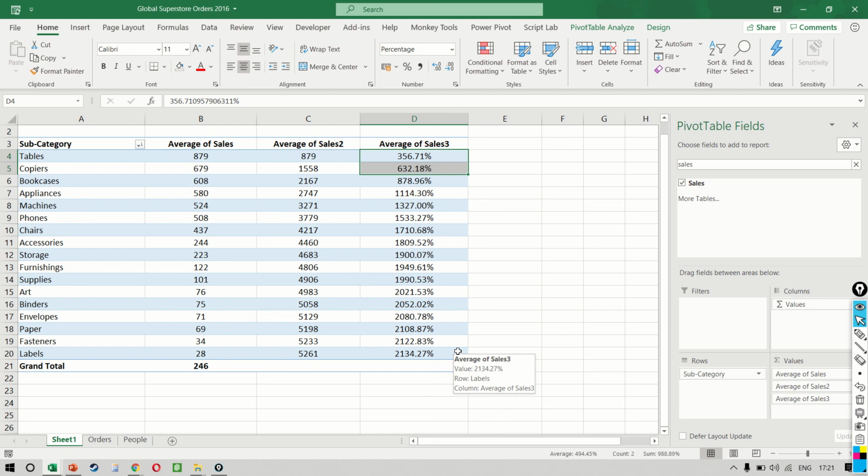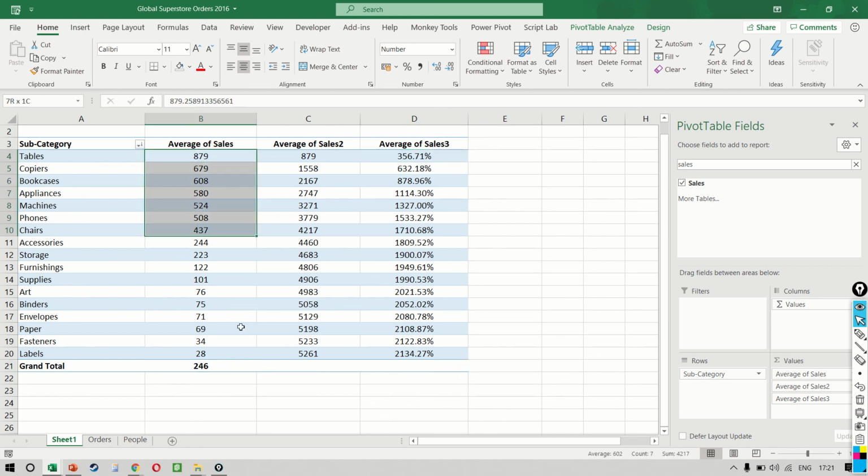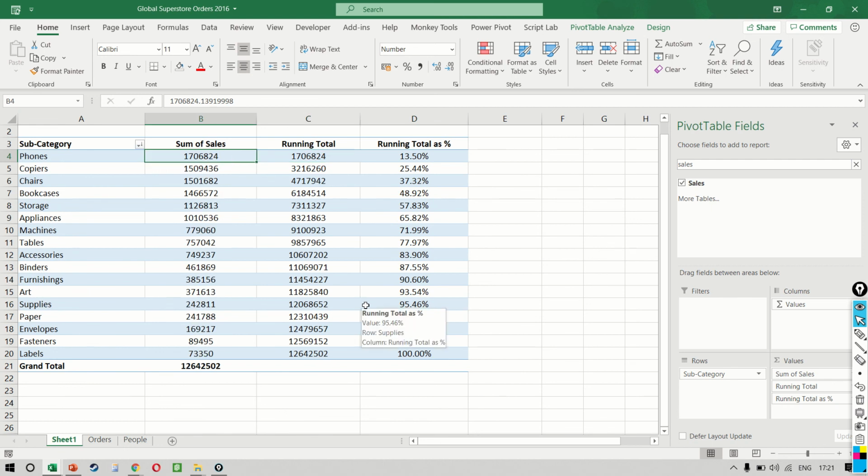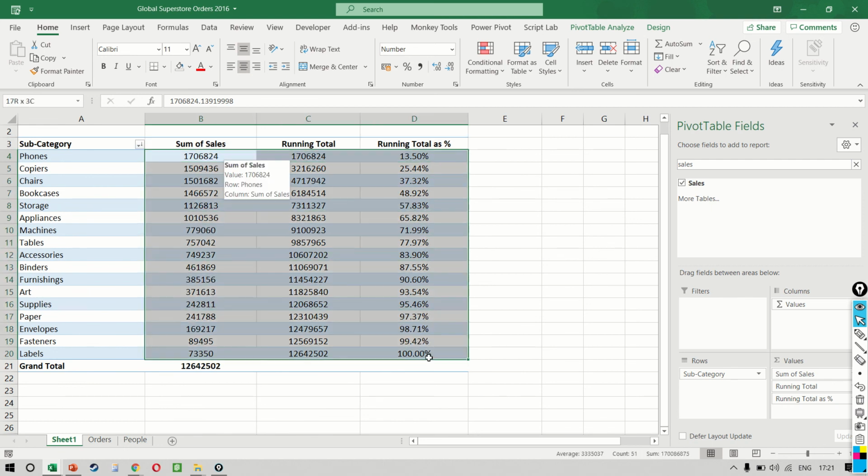And I'm sure all of you would agree that this doesn't really make any sense because 246 is not the sum of all these averages. It is simply the grand average of every single one of the 50,000 transactions. So you have to be very careful of this. I've seen a lot of people not pay attention to this. Do remember that whenever you do a calculation, you have to ensure that the underlying number is exactly what you want it to be. So I'm going to press Ctrl Z and then go back. And this is how we get our running total and our running total as a percentage.